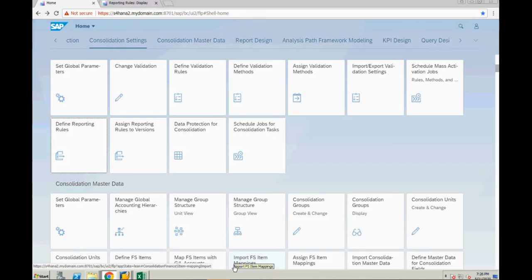Then how to execute all these tasks: how to configure the data monitor, how to configure reclassification methods, how to configure activity-based consolidation of investments, and how to configure matrix consolidation. So one by one, we'll discuss these topics.